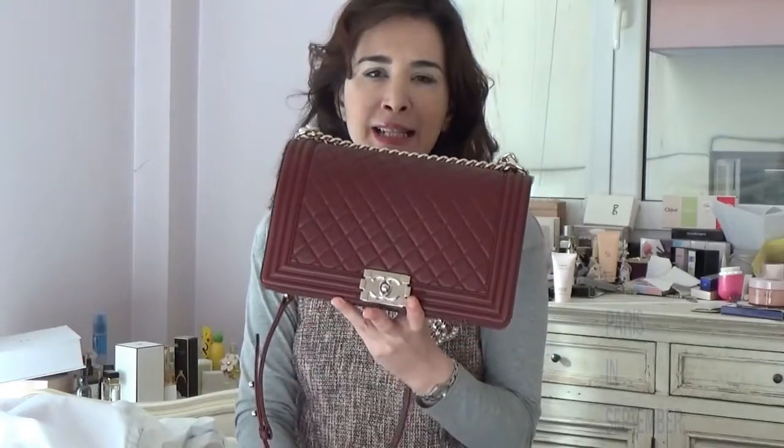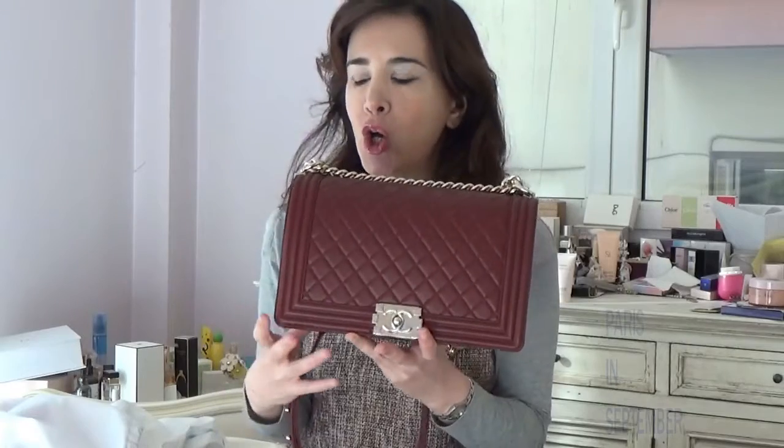I went for the new medium size because it is a more square bag compared to the old medium size. The old medium size is sort of a rectangular bag, and because the Chanel boy bag is unisex enough, I decided to go for the new medium size because it gives it a more ladylike appeal, a more stylish appeal, and in my opinion it makes it more suitable to wear for formal occasions. And I tell you that